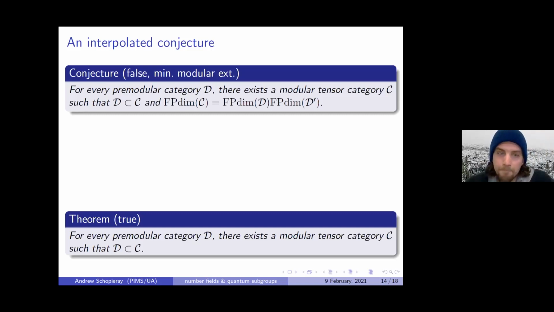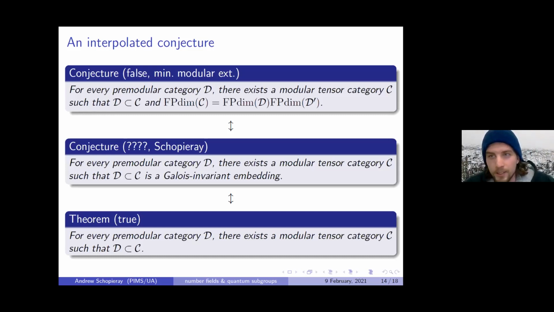And so in a perfect world, we would have some other way of embedding our categories into something modular that wasn't too disgusting, that had some control over the structure of the modular tensor category that we're looking at. And sort of this conjecture in the middle, hopefully, is some average of these two. And I put my name on it just so we know who to blame when it's inevitably false. But it's a good goal to work towards, I think, is to find an example where this conjecture is false,